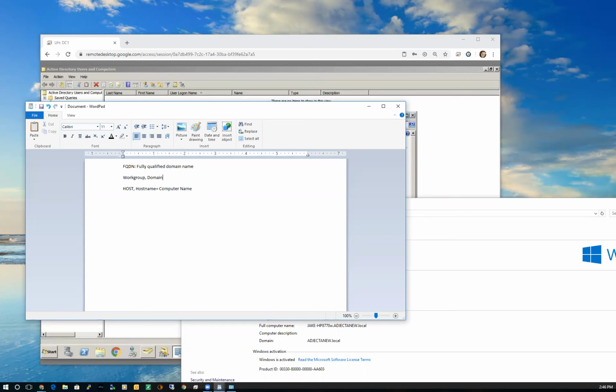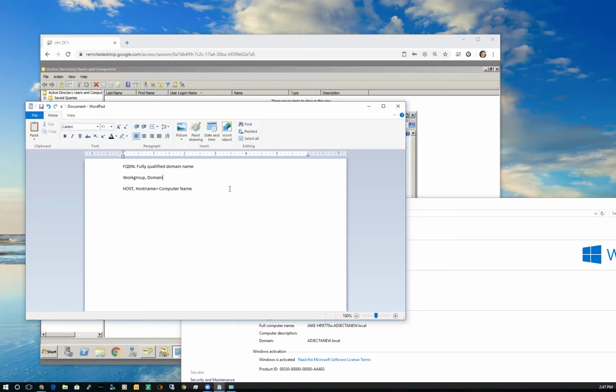When you buy a new computer and you set it up, how many people have bought a new Windows-based computer recently? Anybody bought one and set it up recently? Maybe not actually built it, but you've turned it on. It was probably a member of a work group called, quote unquote, work group.